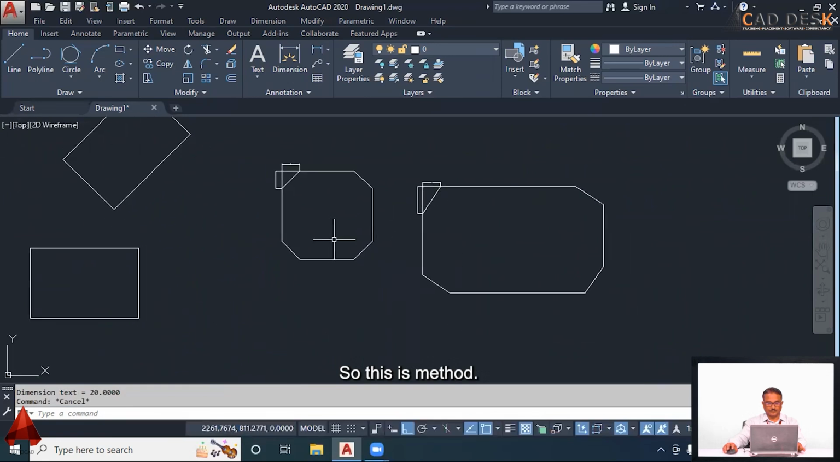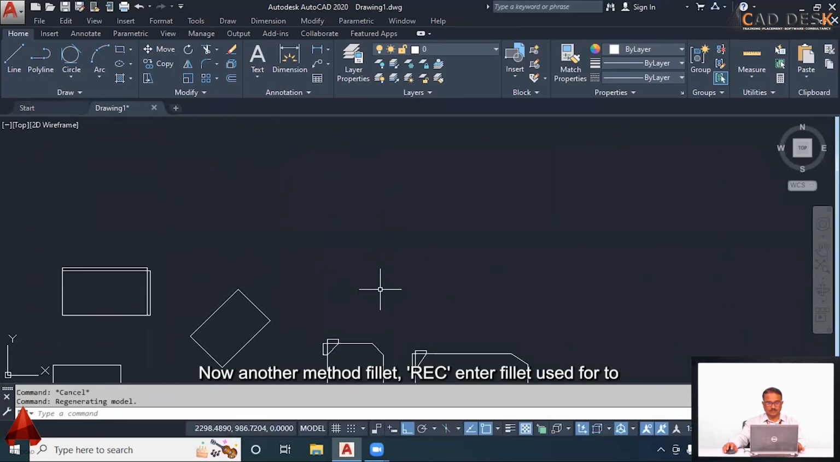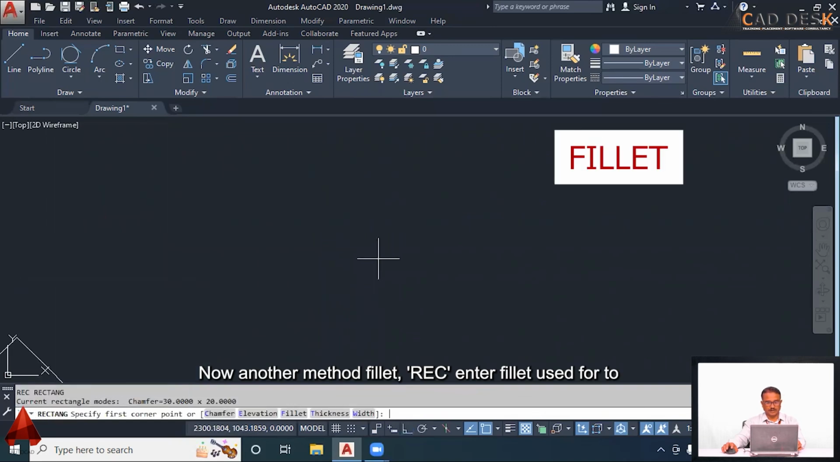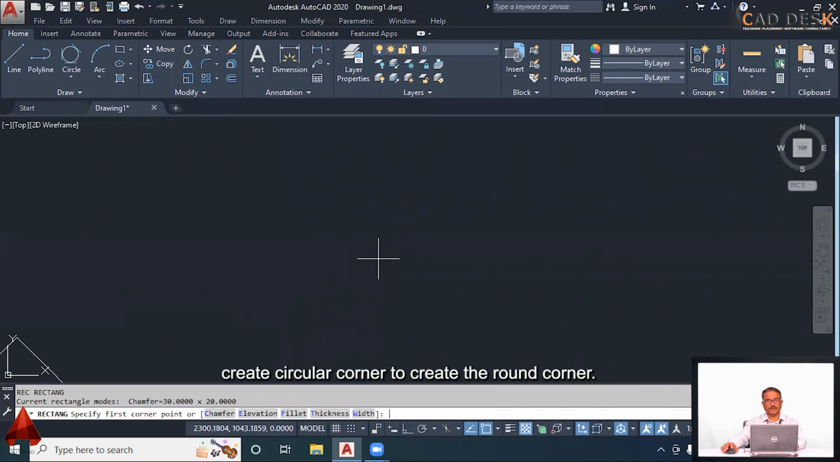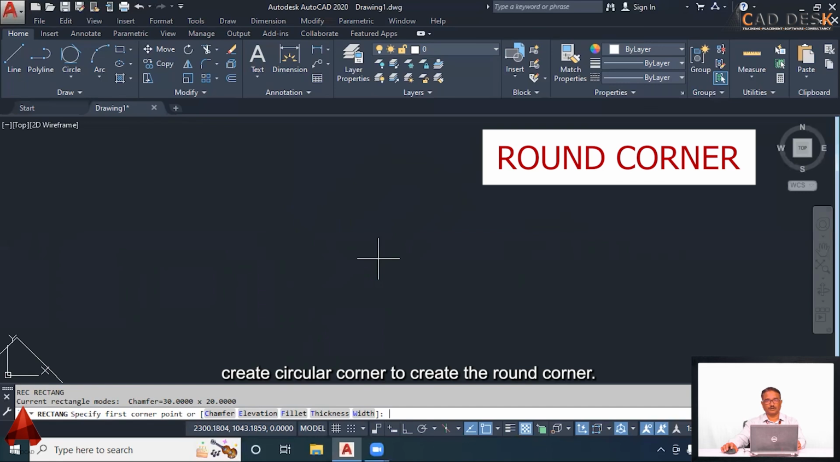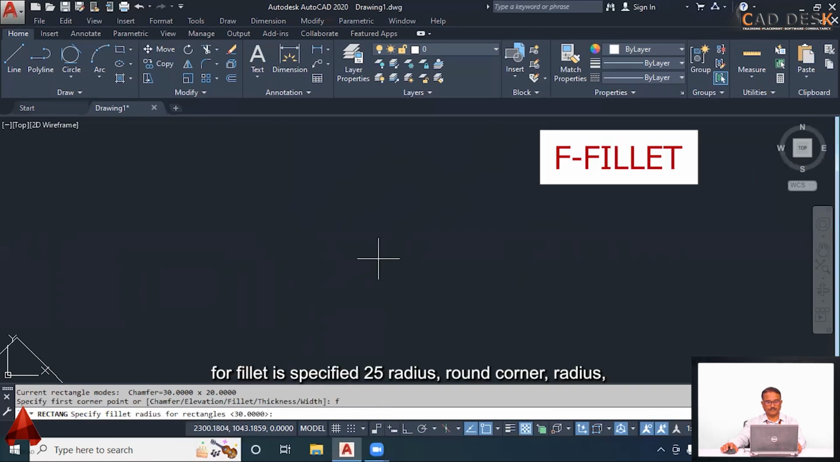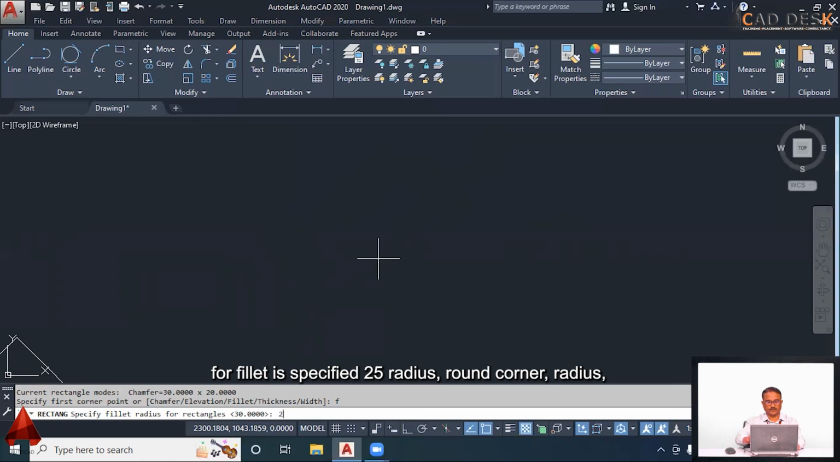So this is the chamfer method. Now another method, fillet. Type REC, enter. Fillet is used to create a circular corner, a round corner. Go to the fillet, F enter for fillet, specify 25 radius, round corner radius, mouse click,